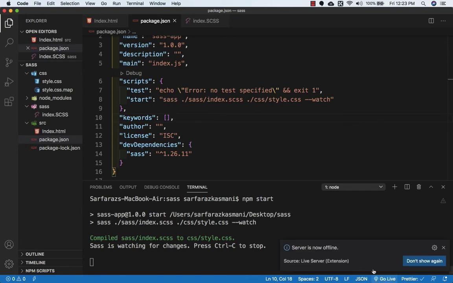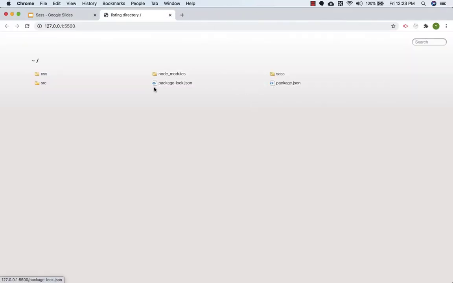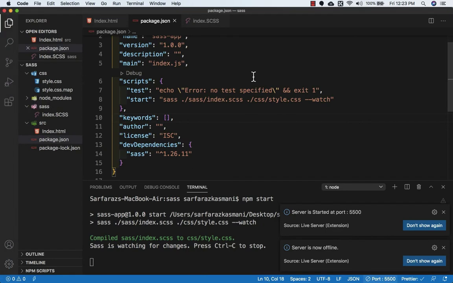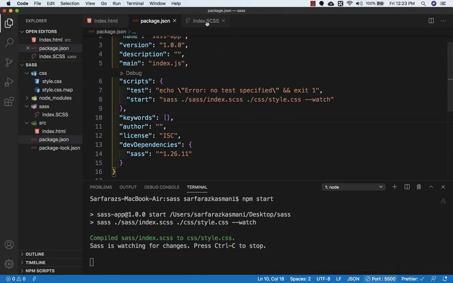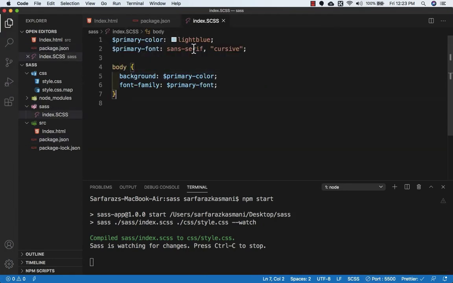Okay, we need to click on go live. Okay, where is the index file? So now as you can see, the light blue color which we applied has been applied to the background. So now let's go to Visual Studio Code, and if I go to index.scss and change light blue to red, and save this, and go back to the browser and refresh it,